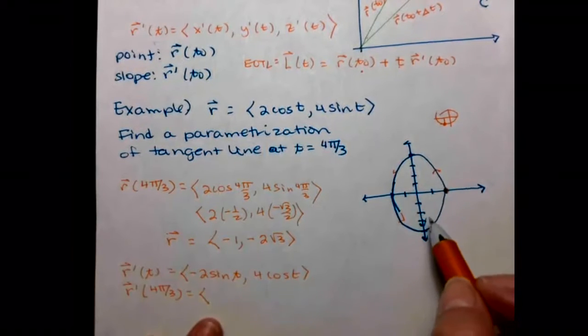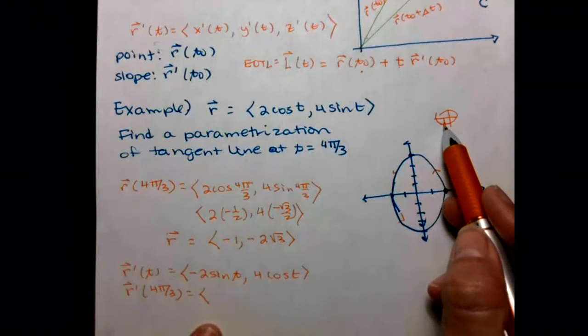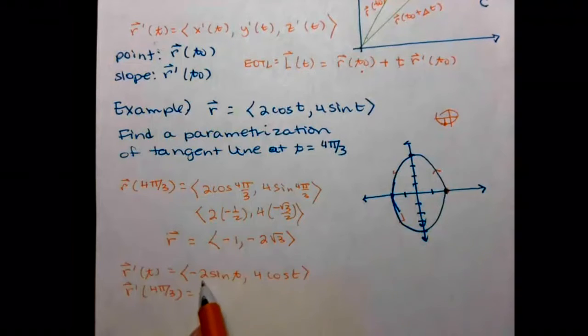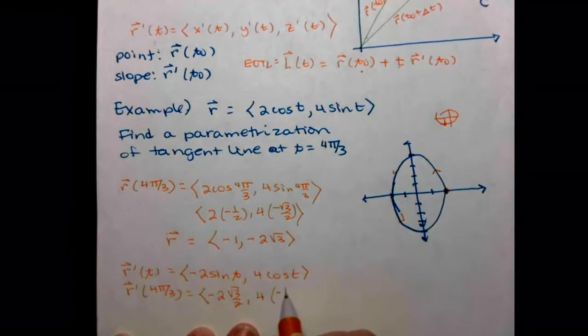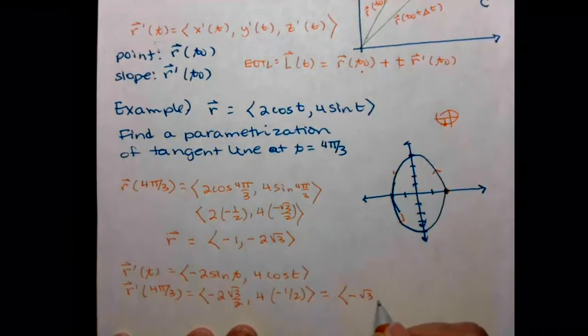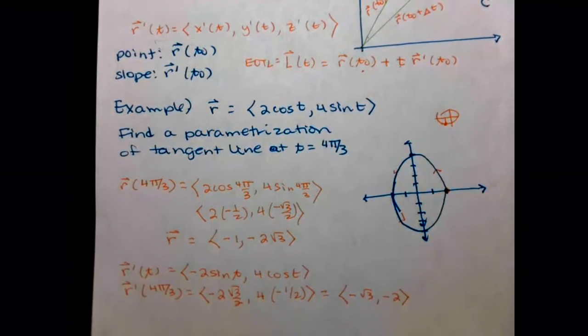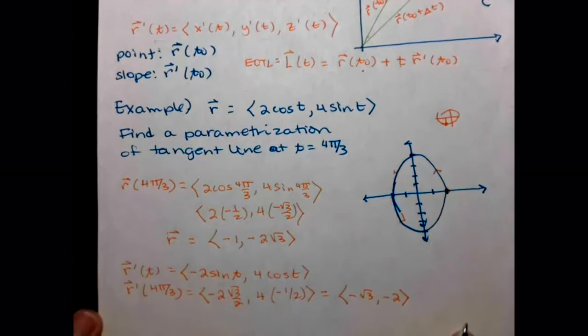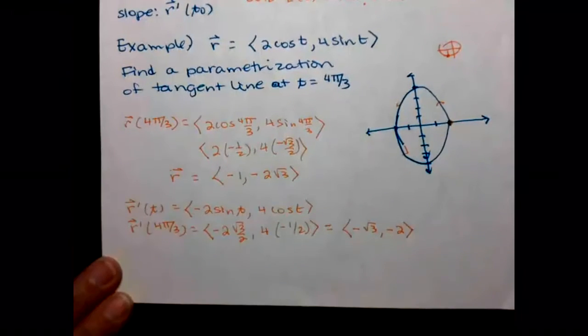Okay, so sine of 4 pi thirds, and again, that's our negative root 3 over 2, so times negative 2. Negative 2 times root 3 over 2, I'll write it out, and then I've got 4 times negative 1/2. So tidying that up, it looks like we've got negative root 3 and then negative 2. Okay. So putting that all together into the equation of our tangent line,